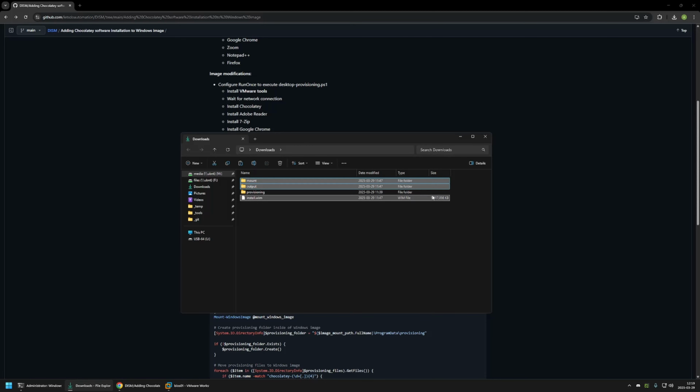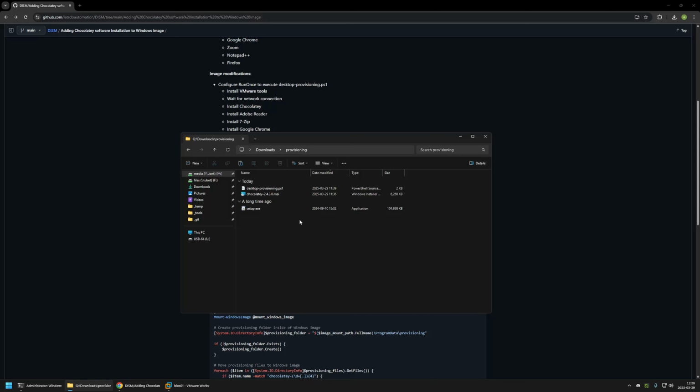As you can see, the size of this image is larger than when I started this video. So I need to restore my original Windows image. So I will remove all the files and I will come back to you when I have the original install.wim file in here. And I restored my downloads folder, so I have the original install.wim image file,